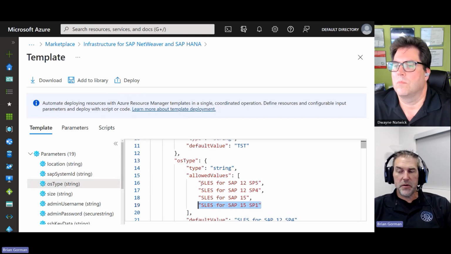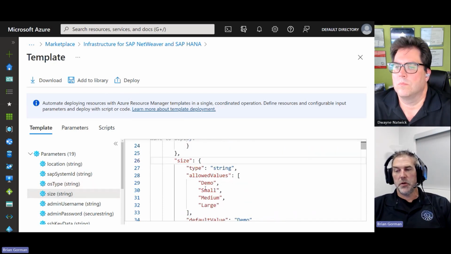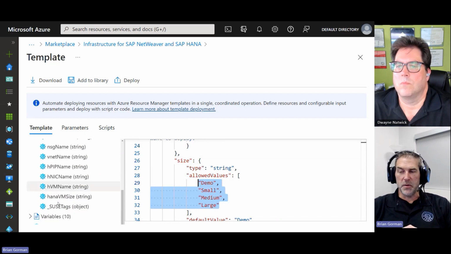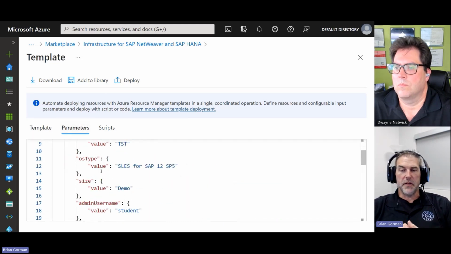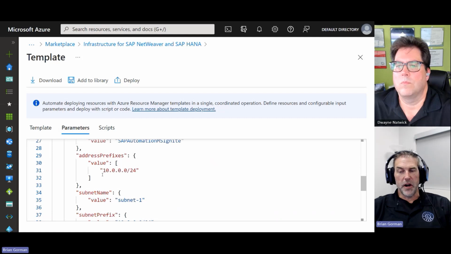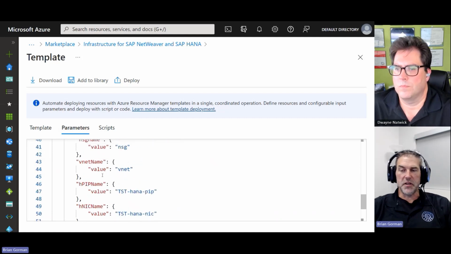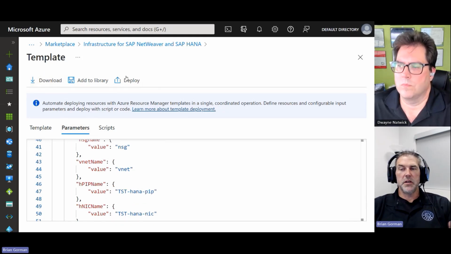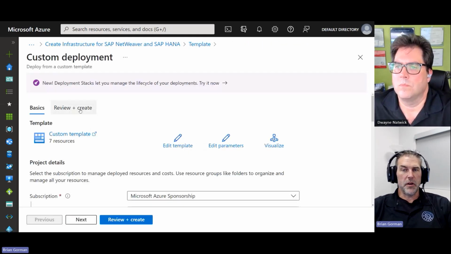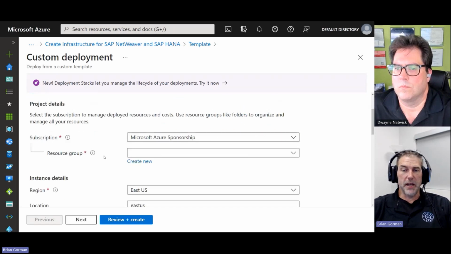There's our allowed values, which gives us the chance to say, hey, we can allow you to only use these types, so we can limit what someone could run. So we'll modify this one in a minute for the allowed values to remove the large option. And I just wanted to call out here again, the HANA size is defined as a default of the E4 there. Here's your address prefixes, here's your subnets. All of the stuff that you need are parameters that are going to go into that template. So again, download it locally so you can modify it locally, or just hit deploy